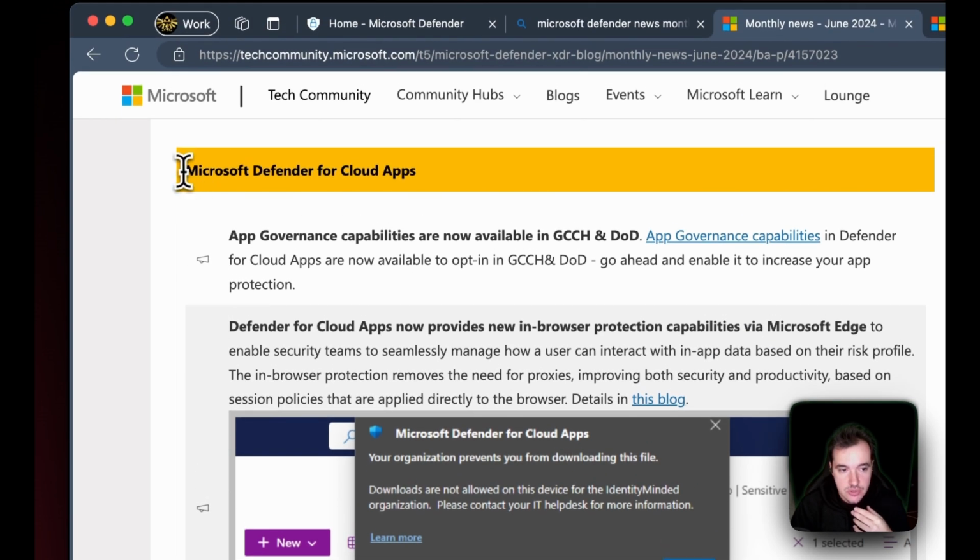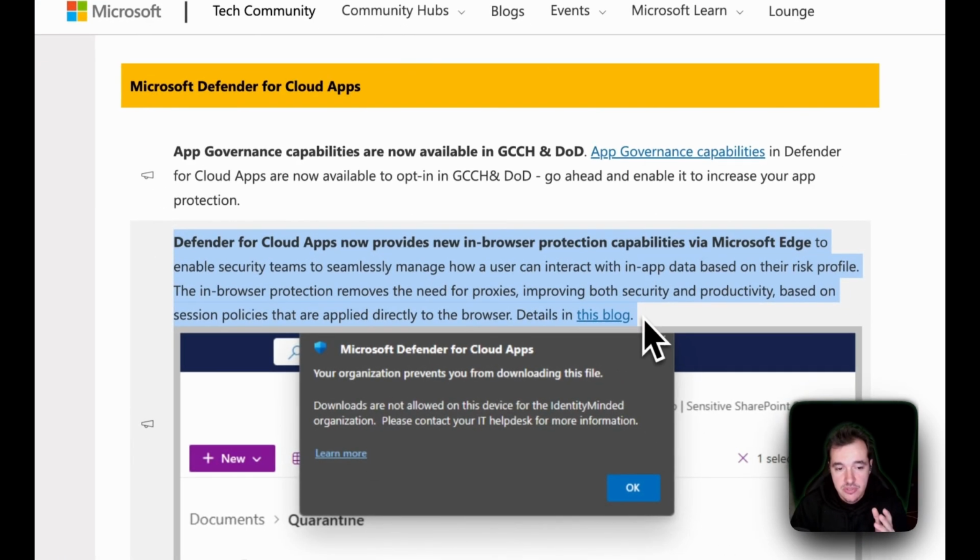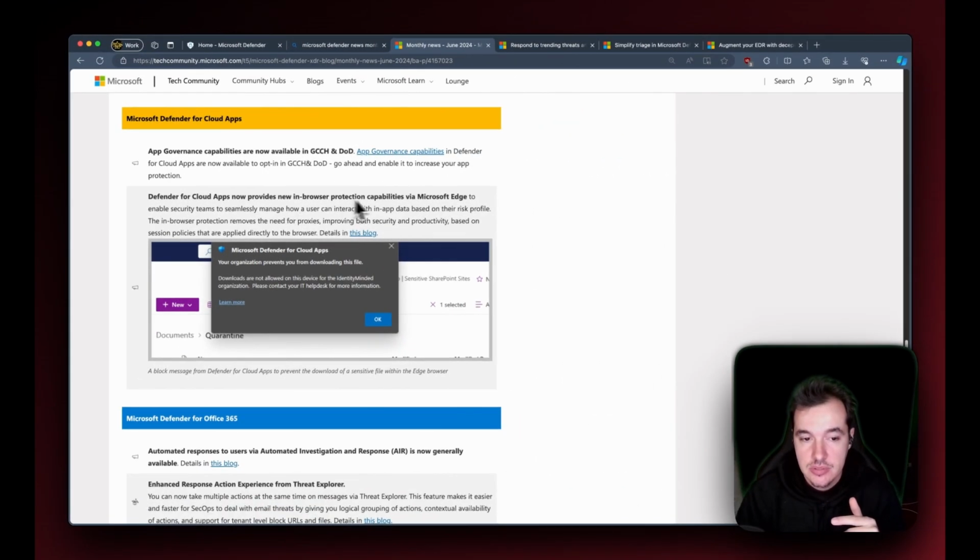Now moving on to Defender for Cloud Apps. The big thing for Defender for Cloud Apps that was announced at RSA is the ability, in public preview, to provide in-browser protection in Microsoft Edge for Business. Okay, so why is this important? Well, Defender for Cloud Apps can already block you from downloading, and block you from performing suspicious activity, through the integration with Defender for Endpoint. However, when you don't have Defender for Endpoint and you only have